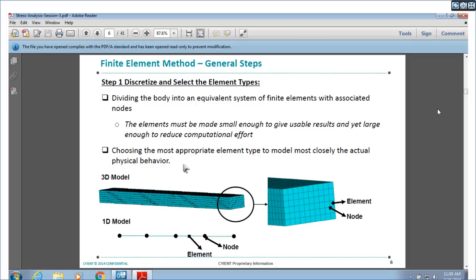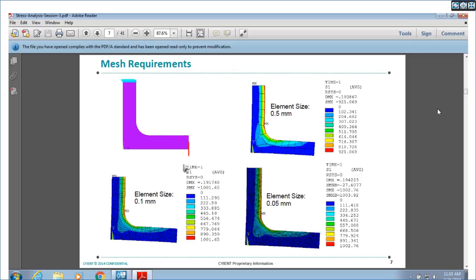This is step one. These things we already discussed: how the results converge from coarse mesh to fine mesh. There are three types of meshes used here with 0.5 mm size, 0.1 mm size, and 0.05 mm size. If you see 0.1 mm size and 0.05 mm size, the stress magnitude remains the same. Very minor variation is there. That means for this given problem,